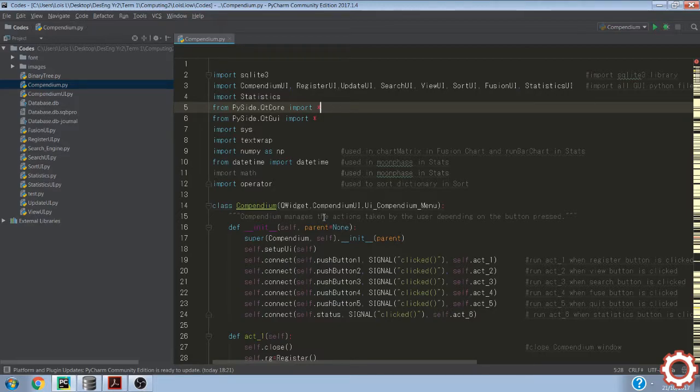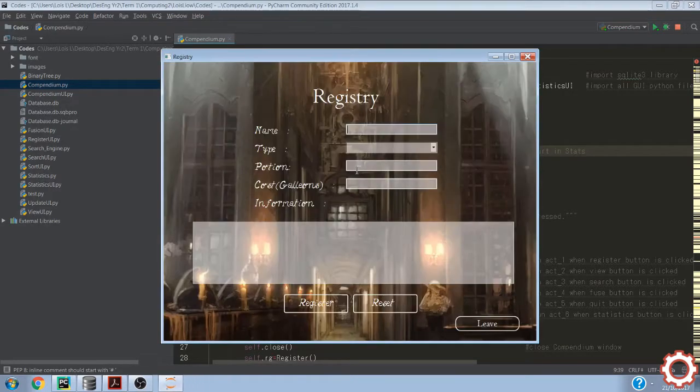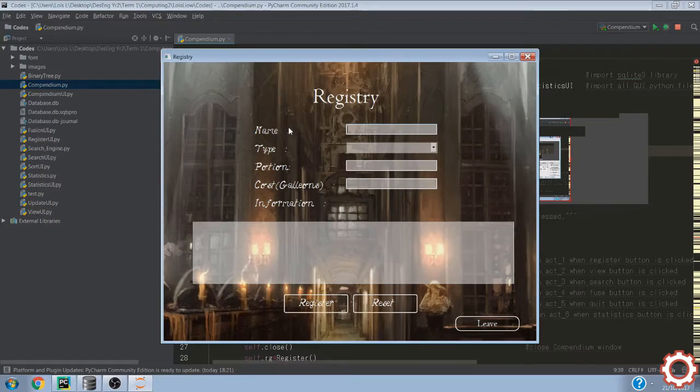And for this database, I'll be using magical ingredients from the fictional world of Harry Potter to demonstrate each of my algorithms. Okay, so let's first start the program, and it brings you up to the main menu here. As you can see, there's a few options here, and let's just go with the first one. Register will take you into the registry where you can create and insert new records into the database. You can also update current existing records,